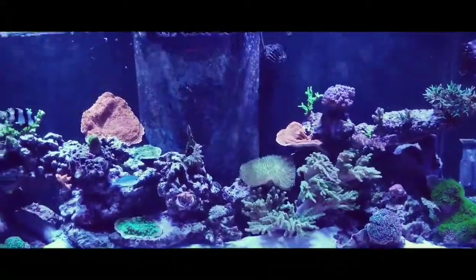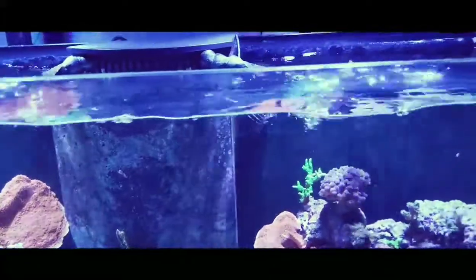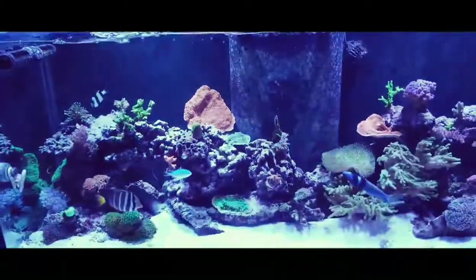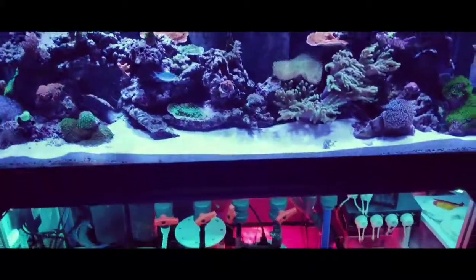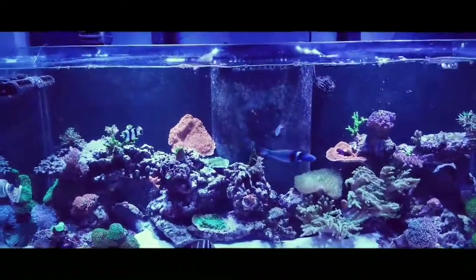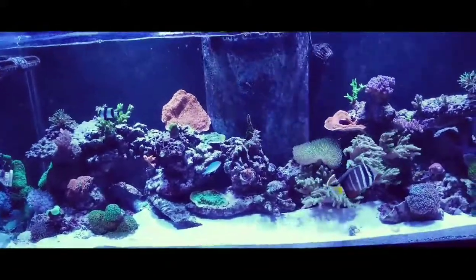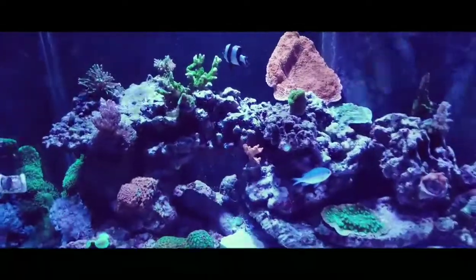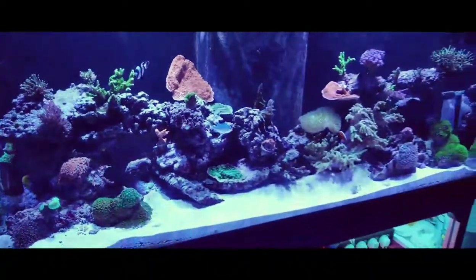I've had some issues in the past with the fish jumping out of the tank, so I bit the bullet and ordered a screen top from Bulk Reef Supply. So as soon as that comes, I will be putting that in, building it and setting that up for this tank. Also, I ordered a couple of Hanna checkers to give me an accurate reading, because I've been using the Red Sea test kits. I'm not quite sure,